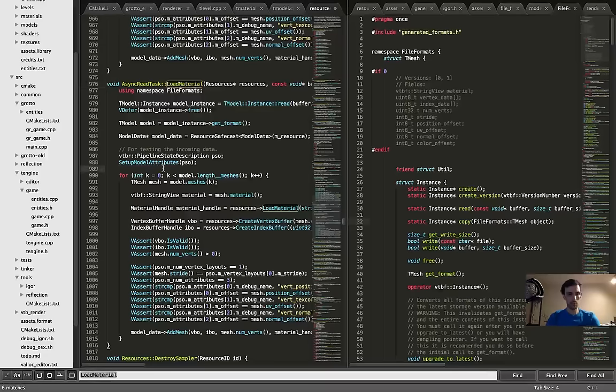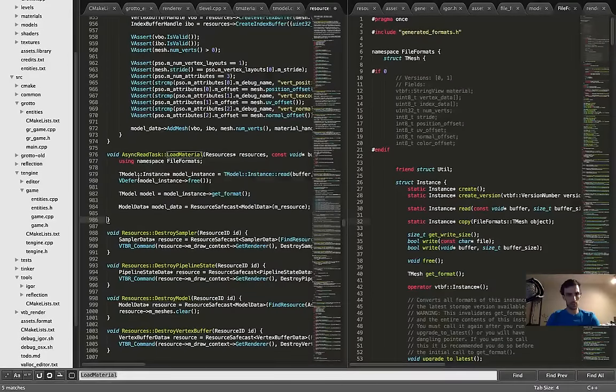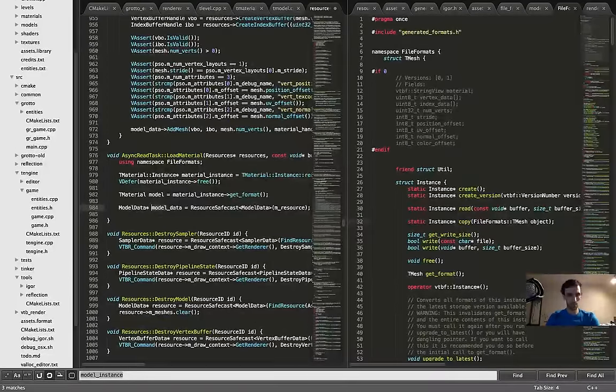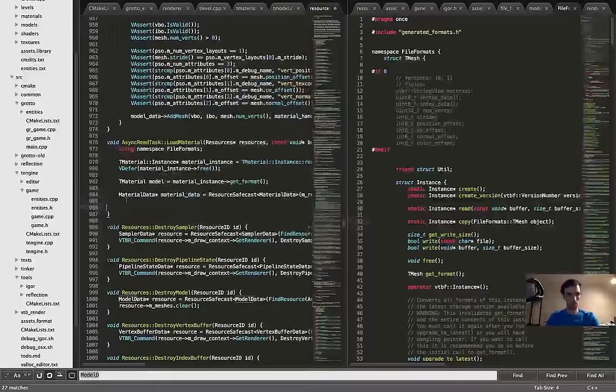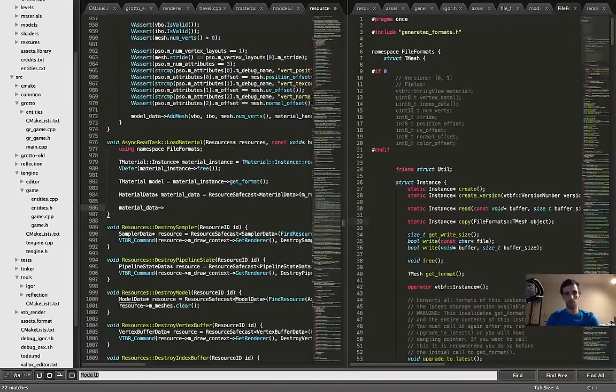I could probably get rid of most of this. Yep, get rid of most of this. And instead of T model, we are loading a T material. Instead of a model instance, we have a material instance. And instead of model data, we have material data. So then material data, and then we have to say,